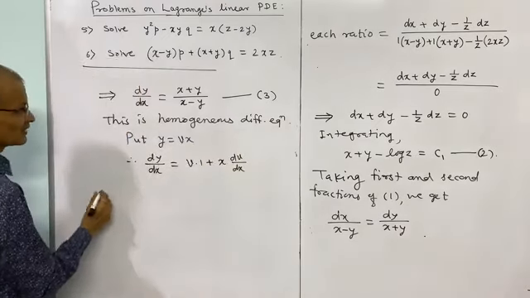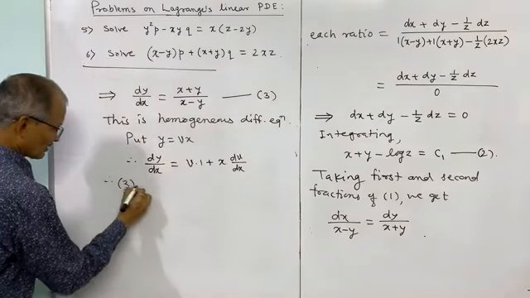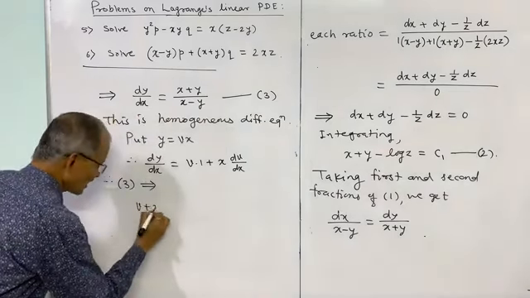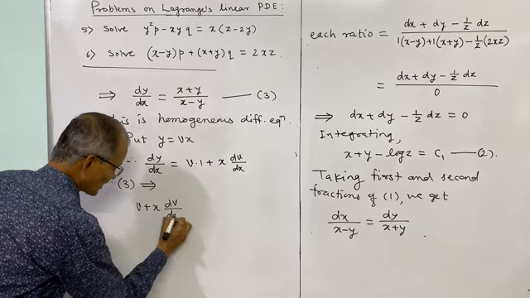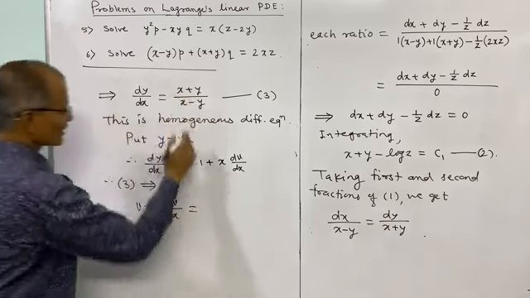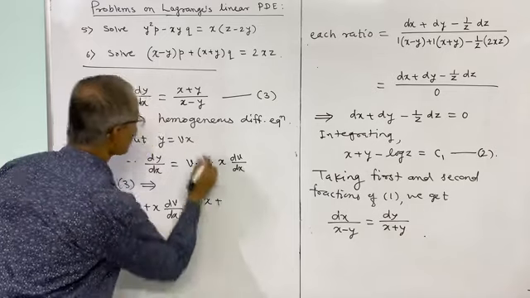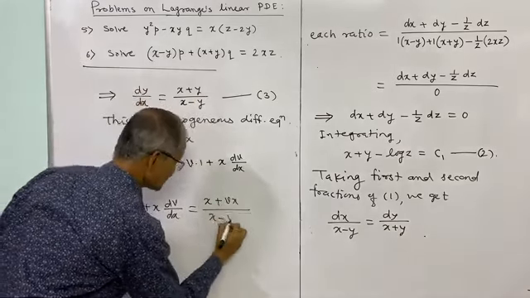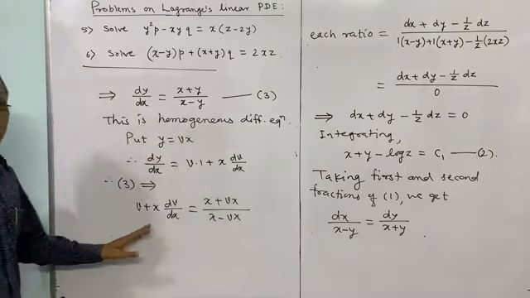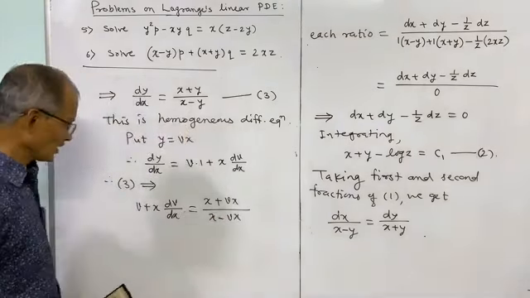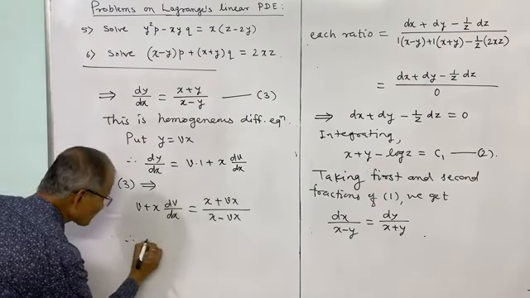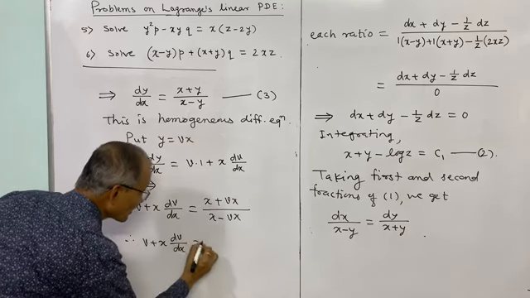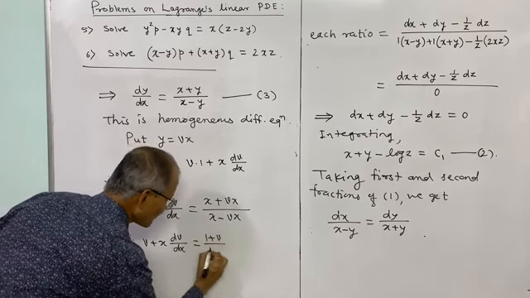Therefore putting these in 3, dy by dx is v plus x into dv by dx, and on the right side x plus y is v into x divided by x minus v into x. Now this can be simplified. Here x cancels from numerator and denominator, so v plus x into dv by dx is equal to 1 plus v divided by 1 minus